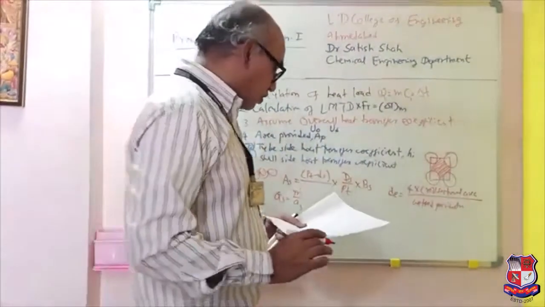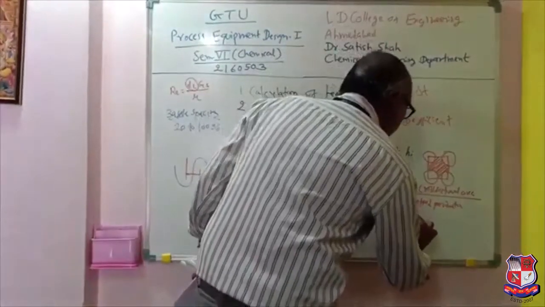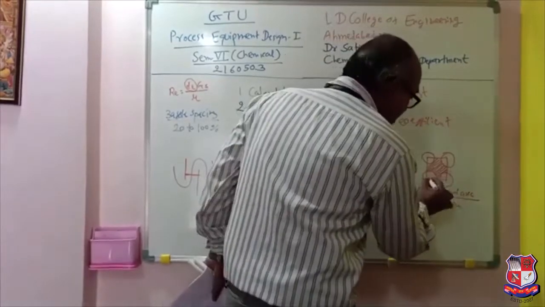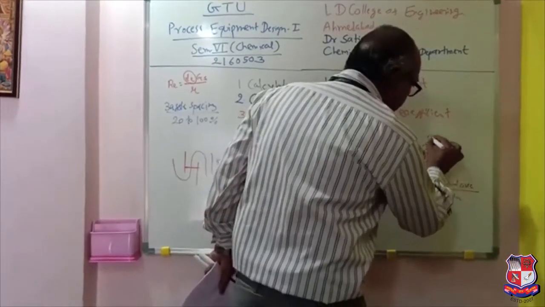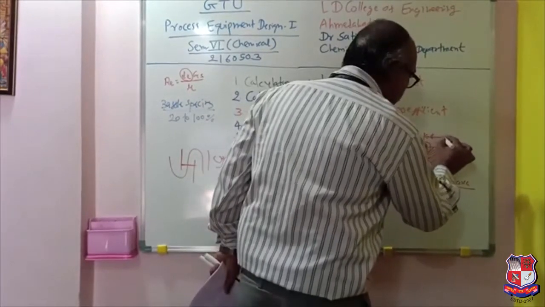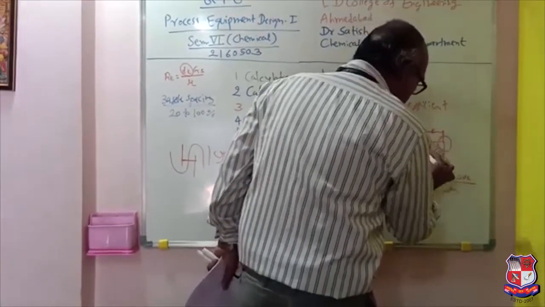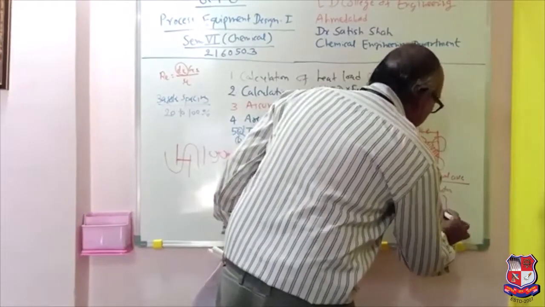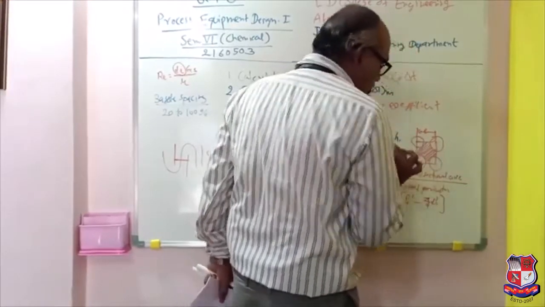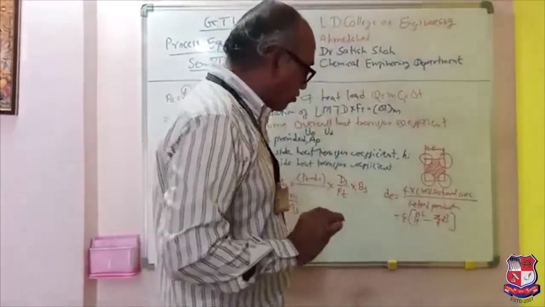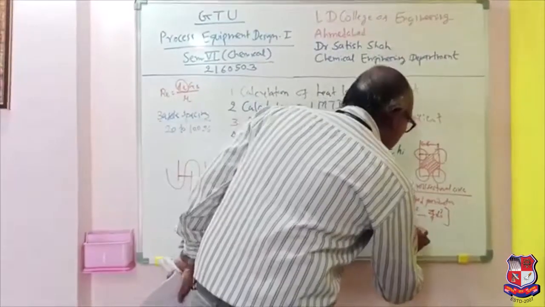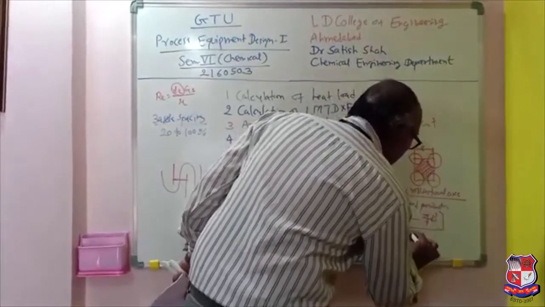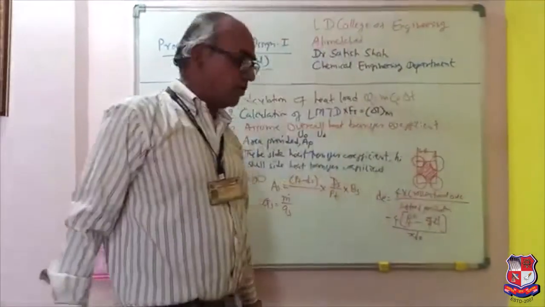So what is that cross section area? It will be 4 into PT square minus pi by 4 DO square, where PT is the tube pitch and this is the tube body. Because if you see here 1, 2, 3 and 4, it is making one total circle. The wetted perimeter is equal to pi DO.